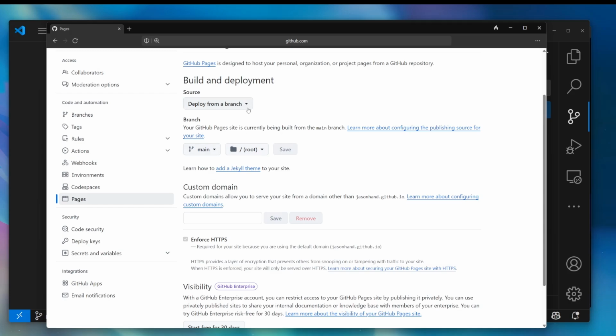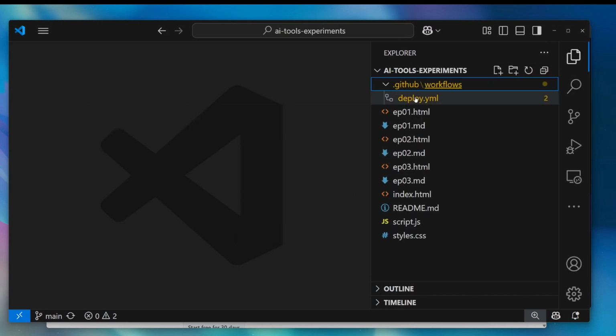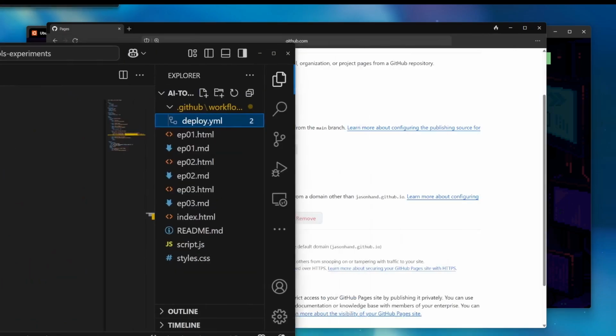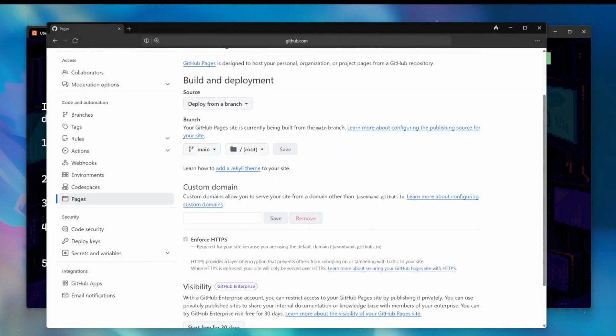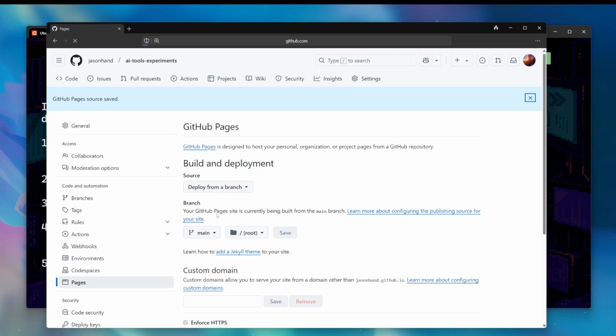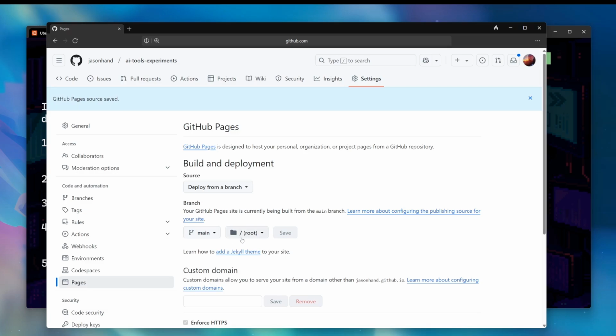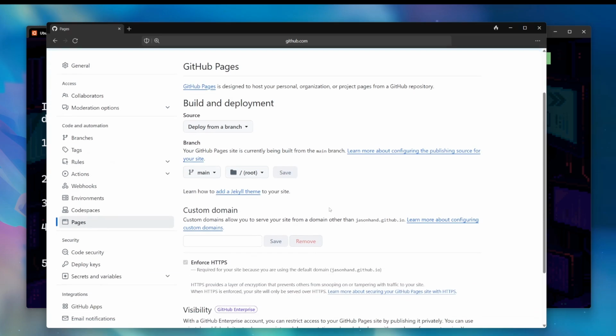And the only thing is, because I'm coming with my own workflow file right here, I believe I need to just deploy from the main branch, which is where that is at. Anyway, we've got it set up for deploying from the branch. I only have really just the main branch where I'm just pushing things because previously it was just Markdown, wasn't really anything important here. So I may have to reconsider what my branching strategy is. But for now, it's just in main